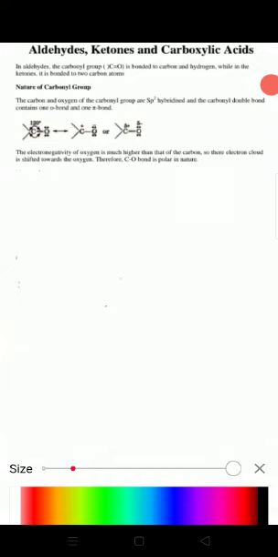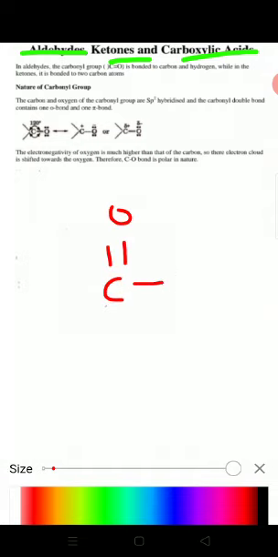Aldehydes, ketones and carboxylic acids. This is our today's topic. Students, we know the carbonyl group. See here, C double bond O. This is the carbonyl group in which, when the carbon